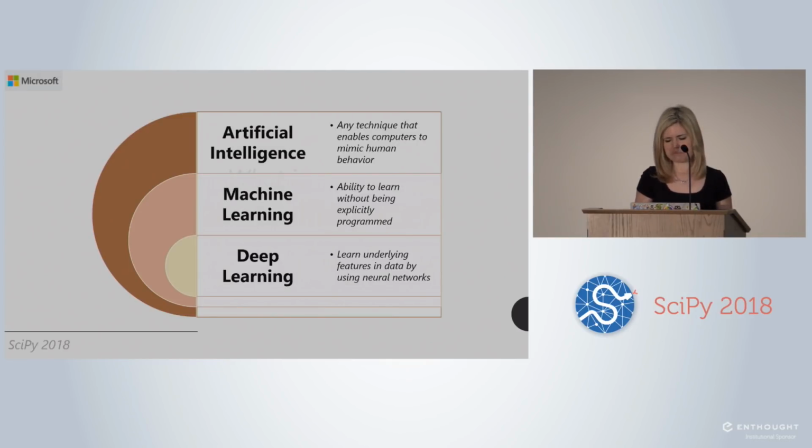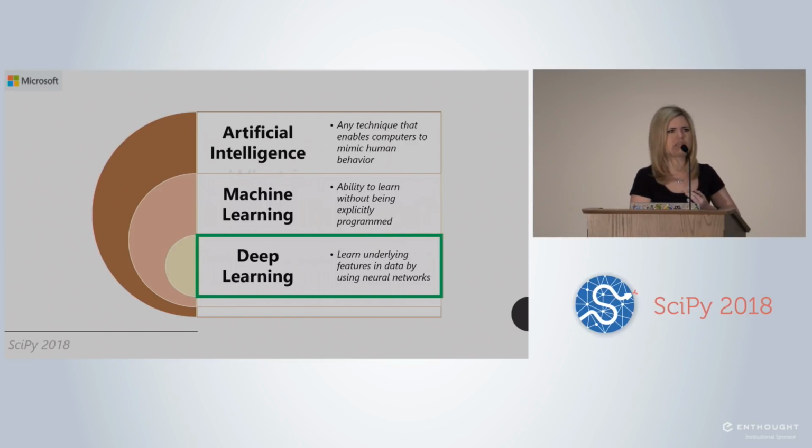is something called deep learning. And deep learning is learning underlying features in data by using something called deep neural networks. And the selling point for deep learning is that it mostly gives you feature engineering for free, even though that's not the case. But for the most part, instead of you having to handcraft all of your features,